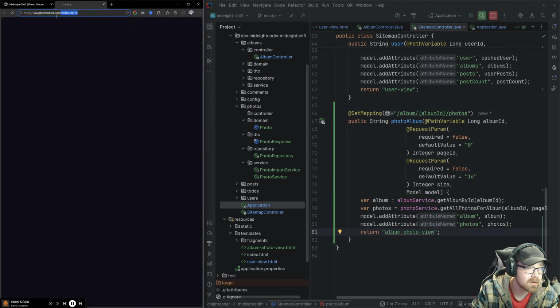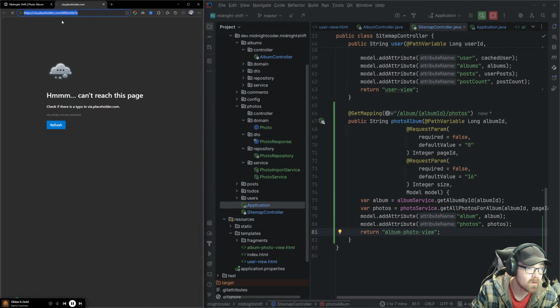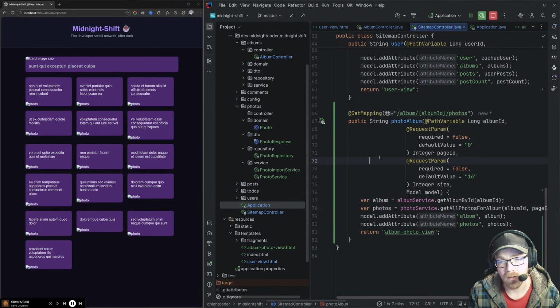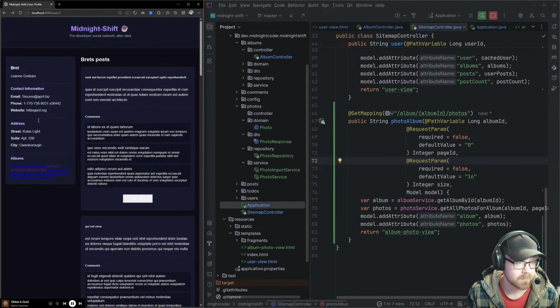Okay, so it appears that the actual placeholder images are bogus. So we'll just have to go with this as the idea of what it's supposed to look like. We can imagine this being filled with real data. But yeah, that gives us a thing.